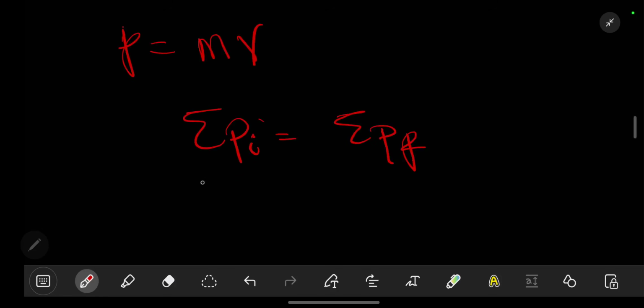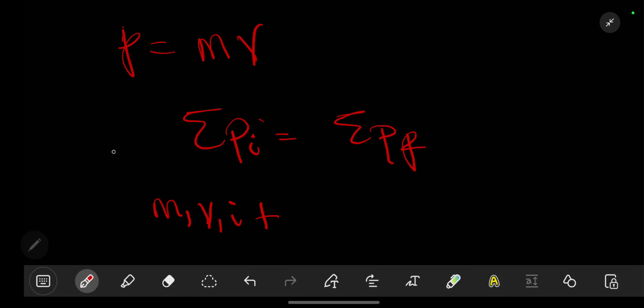So this gives us momentum 1, M1 V1 initial, plus momentum 2, if we have two masses,